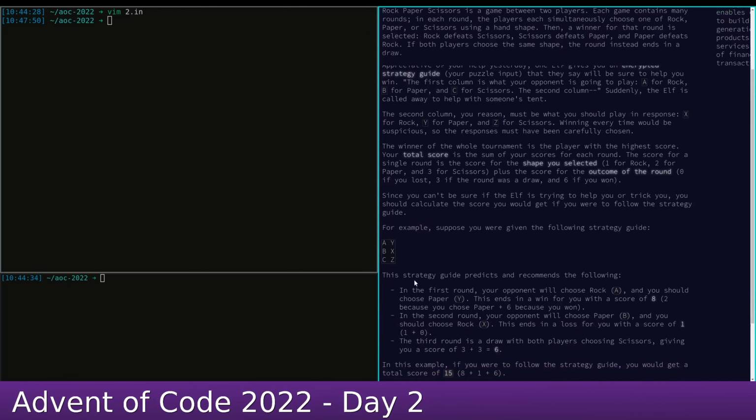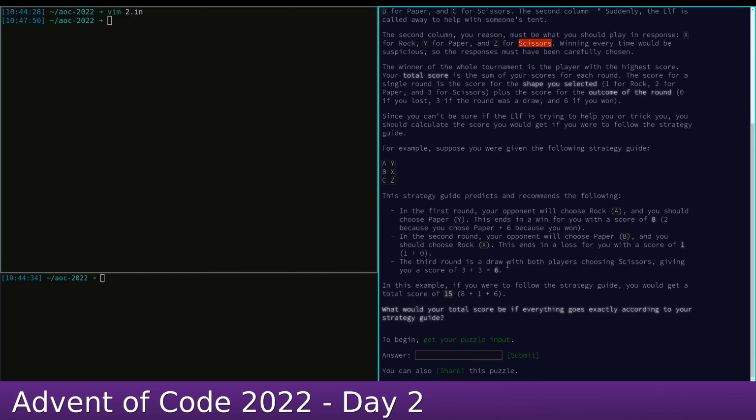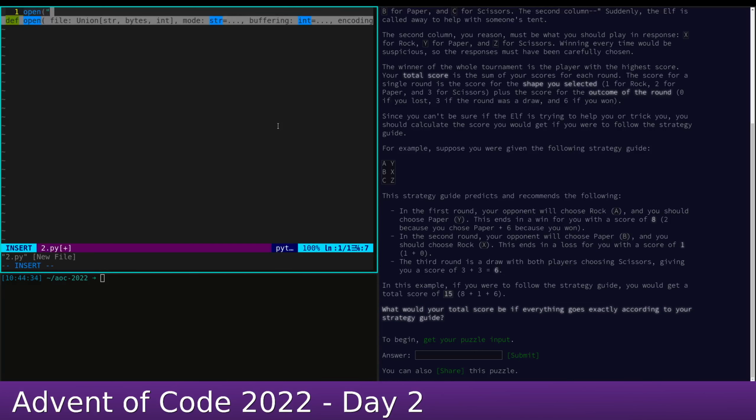Okay, so the strategy guide means that ABC is rock, paper, and scissors, and XYZ is, X is rock, Y is paper, Z is scissors. So what we need to do, if I understood correctly, is we need to read all of the games, and then we need to sum what is the total score. Okay, so we'll have to open. Let's start with the example, right? So we open the example,